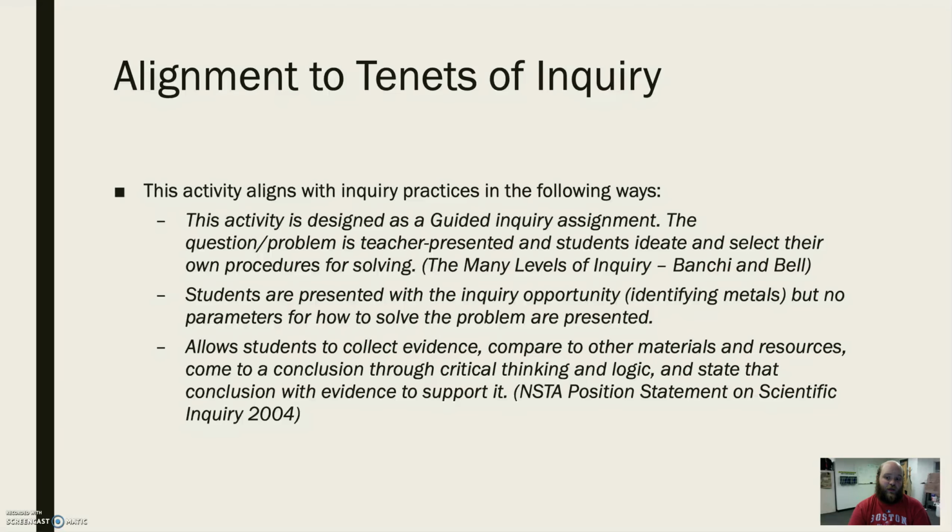That's level 3 in the Banchi and Bell Many Levels of Inquiry article. They're presented, like I said, with the inquiry opportunity, and then they have no parameters to solve it. They come up with that on their own. It allows students to collect evidence, compare it to other materials and resources like a textbook or online, and come to a conclusion through critical thinking and logic,